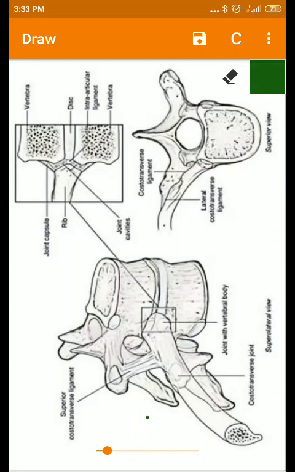Dear students, now here we will see the costovertebral joint. The costovertebral joint is formed by the head of the rib and the two demi-facets found on the adjacent thoracic vertebrae. So this joint is called the costovertebral joint. It is a plain synovial joint formed by the head of the rib and the two demi-facets on